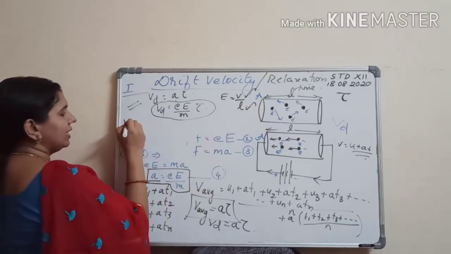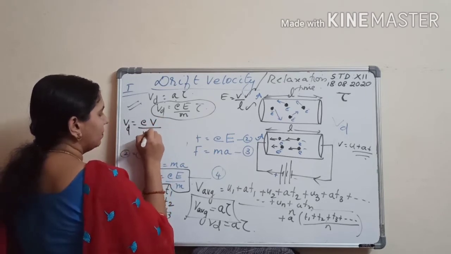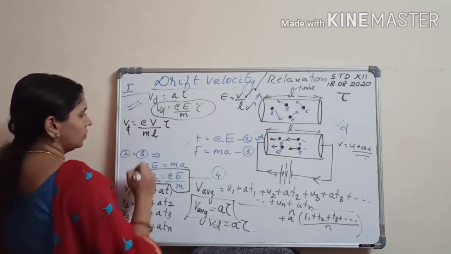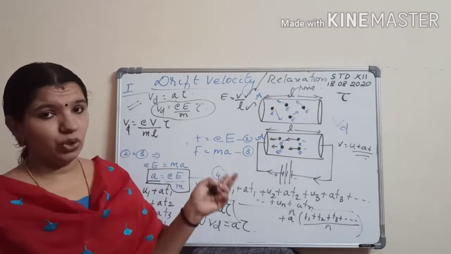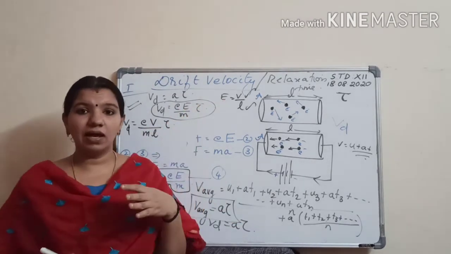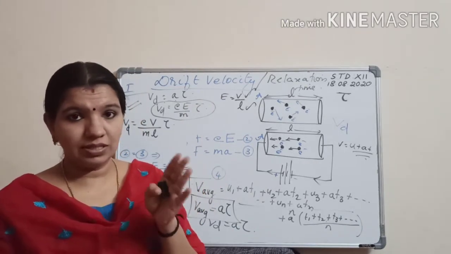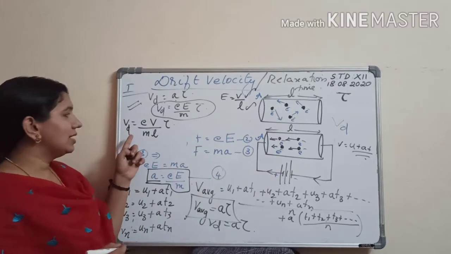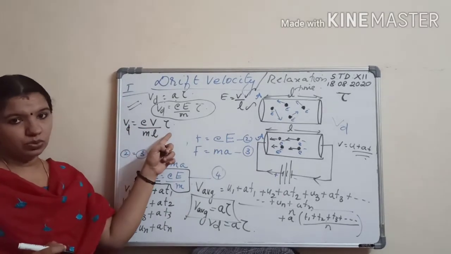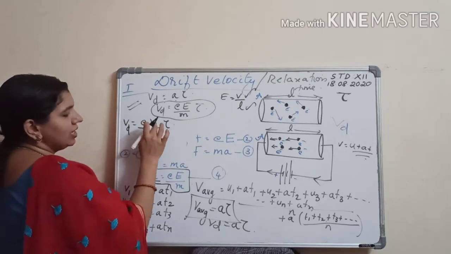So Vd is equal to eEV by mL into tau. Why did I write this? Because it will be asked in numericals. So don't get confused if V and L are not given; you should understand it is implied there. So Vd is equal to eEV by mL into tau. Clear? Now listen, for a constant potential,